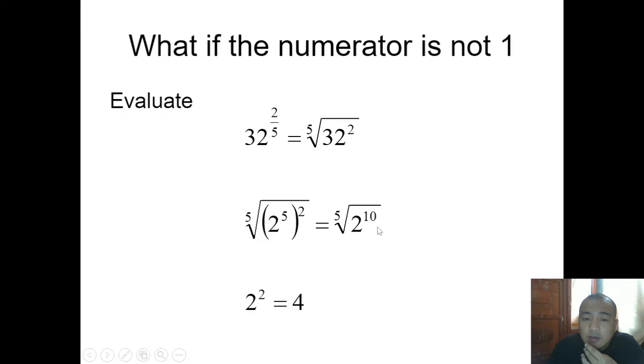But we can still simplify this. The fifth root of 2 to the 10th means 2 raised to 10 over 5. Okay, 5 is the denominator, 10 is the numerator, which is the exponent. 10 over 5 is 2. So 2 squared is 4. So therefore 32 raised to 2 over 5 is equal to 4. Okay, that's how we evaluate